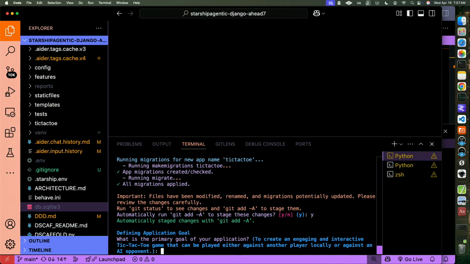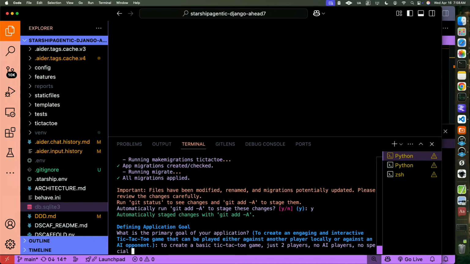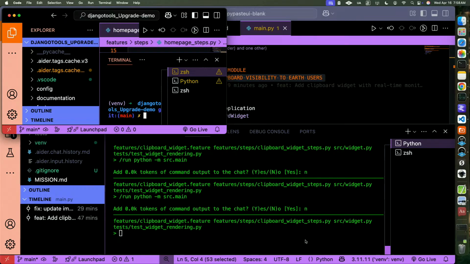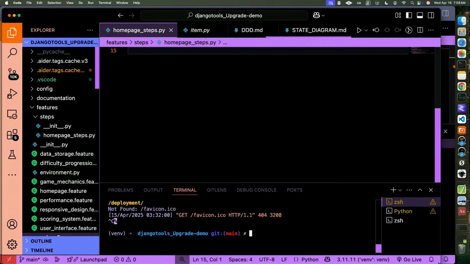So primary goal of tic-tac-toe is, yep, I like that. But do we want an AI component to create a basic tic-tac-toe game? Just 2 players, no AI players, no special settings. Let's just keep it basic, right? So when I say that, right, we are going to get